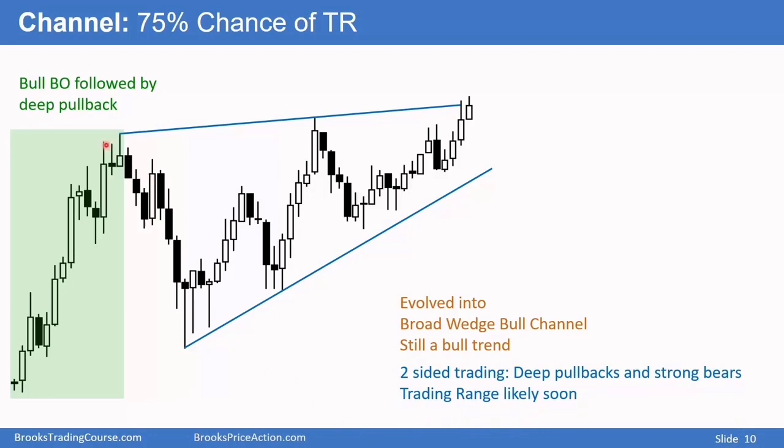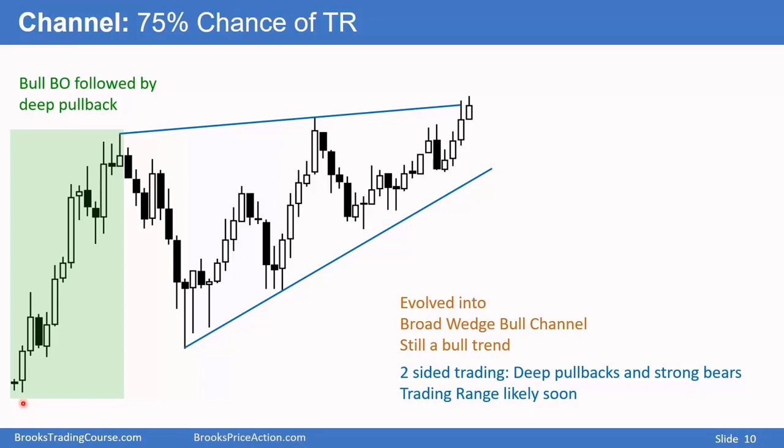Two-sided trading. Whenever you have a broad bull channel, you always have deep swings down. At times, the market can even become always in short when you have a broad channel, because of the strong selling here, here, and here. The bears are able to make money not only with limit orders, but with stop orders selling below bars. The channel is probably soon going to transition into a trading